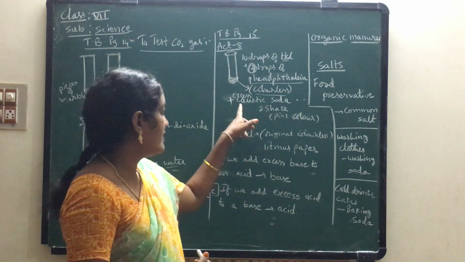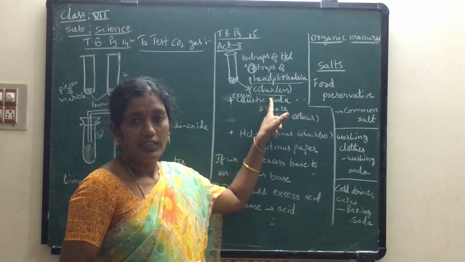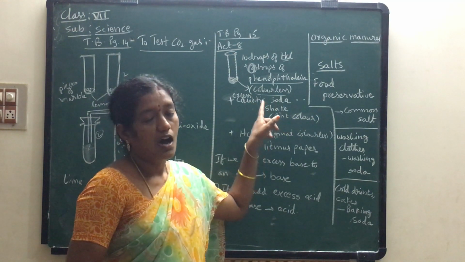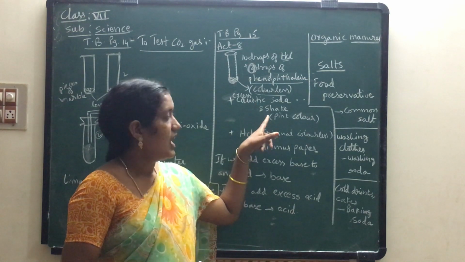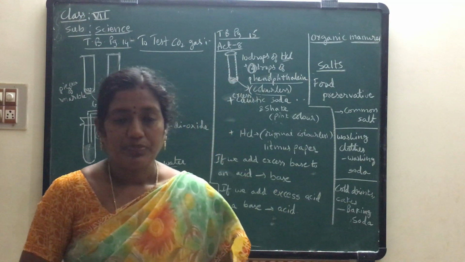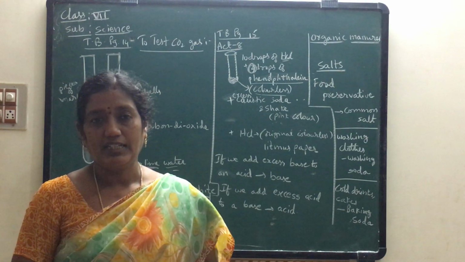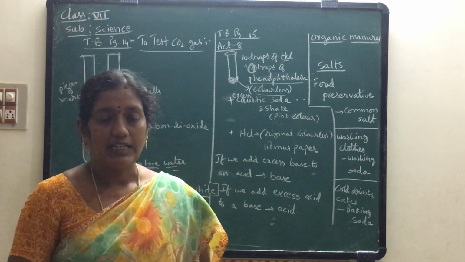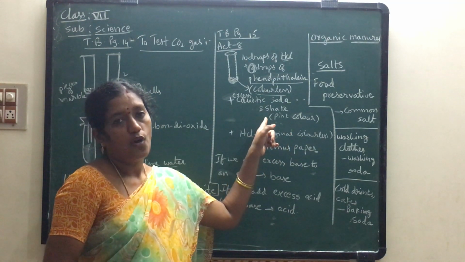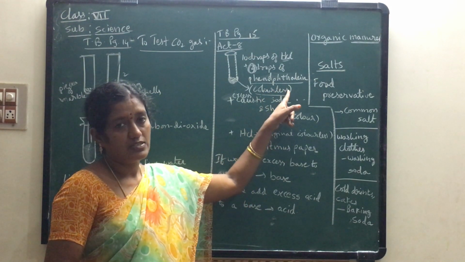Actually, before adding this caustic soda, what is the color of this test tube solution? It is colorless. To that colorless solution, we are adding caustic soda. After that, we have to shake well until the solution in the test tube becomes pink. That means if you add a base to the phenolphthalein indicator, then it changes into pink color. So what do you know from getting pink color? Here a basic substance is formed. Okay children, and by observing the colorless solution, an acidic solution is formed.